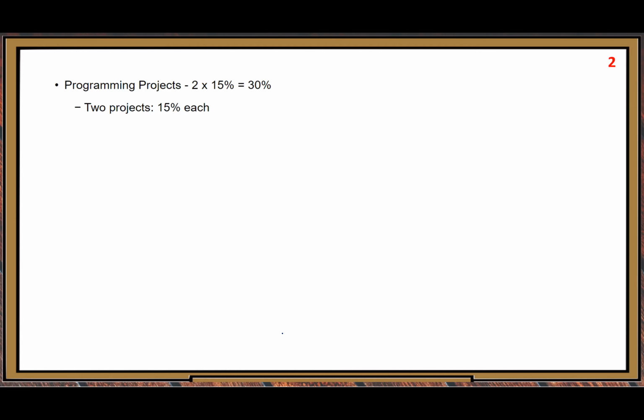Programming projects. 2 programming projects. Each one is 15%. So you can see the percentage is pretty high. For the projects, I allow you to use, usually I expect my students